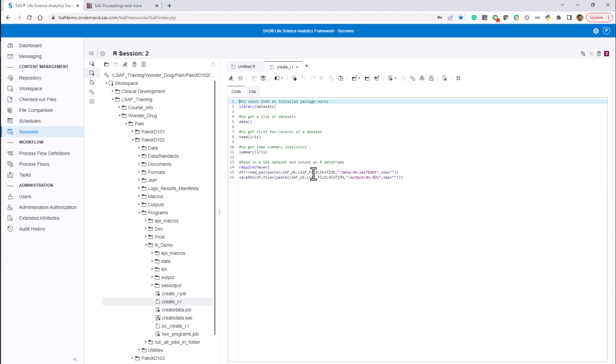And in this one, we are just looking at how many data sets we have in R and what the list of data sets is, a few rows of the iris data frame, and the summary of the iris data frame. We are going to pull the Haven package, and then convert this DM domain into an R data frame. So that's a couple of tasks that the R code is doing. We run the R code,